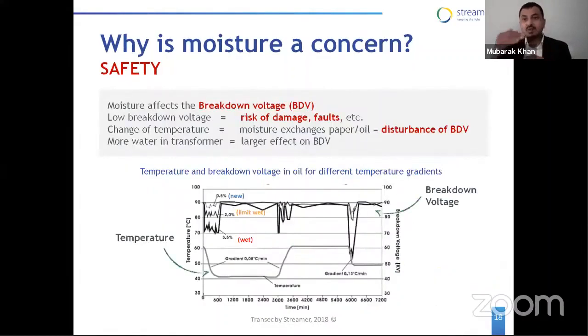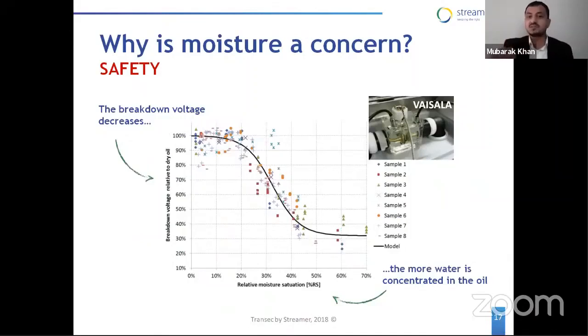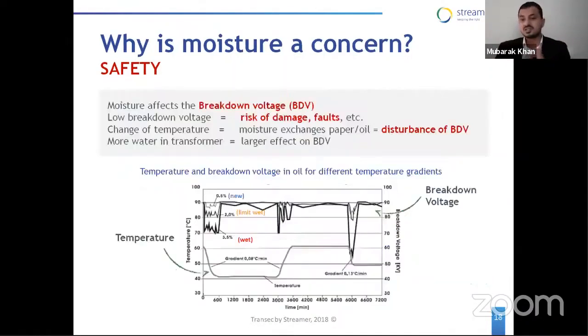Moreover, during the time of exchange of moisture from paper to oil and oil to paper, at that time the BDV drops further, very rapidly it drops down. Okay, that is also a very risky scenario during the transition period. So the direct calculation of BDV is through this curve, but this will not work because during the transition period, the scenario changes. And as you know, the transformer is never in equilibrium. There is always exchange of moisture from paper to oil, oil to paper. So that is why the BDV because of moisture will be